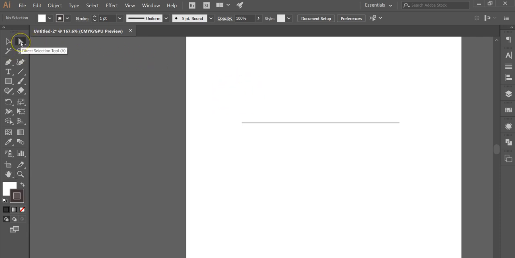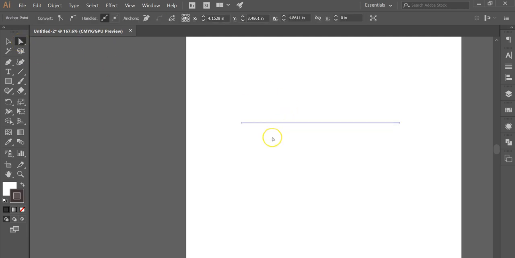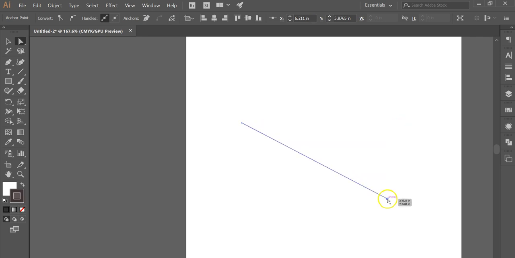And now I'm going to click on the direct selection tool and click on this path. When you use the pen tool, you create a path, and you can see that there's anchors at each side of it. Those are the anchors that I created when I made this stroke. So if I click on this anchor with the direct select tool, I can now hold and drag that